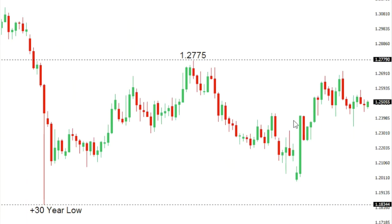Sterling dollar. So cable has been locked in a consolidation over the past several sessions after the market recently stalled out just shy of critical resistance at 127.75 in the form of its December peak. At this point, we're going to need to see a break above 127.75 or back below recent support, which was seen around 123.47 for clear directional insight. But overall, the downside pressure while the market holds below 127.75 remains intact, and there is risk still for a potential resumption of declines back down towards the recent multi-year base, that plus 30-year low from October of 2016 at